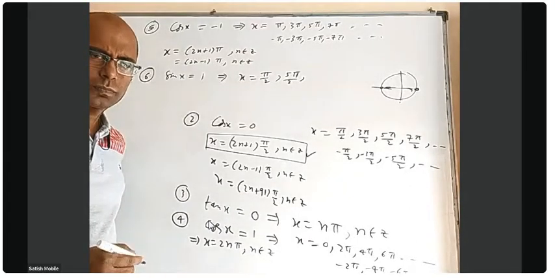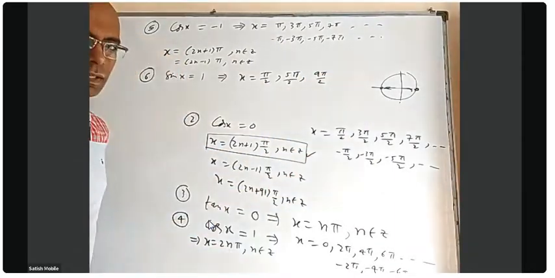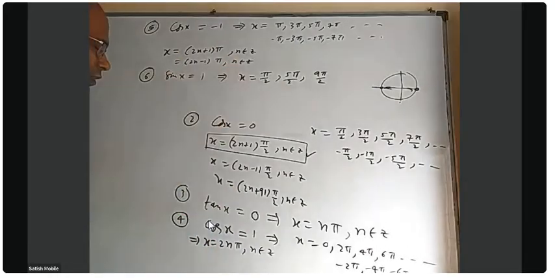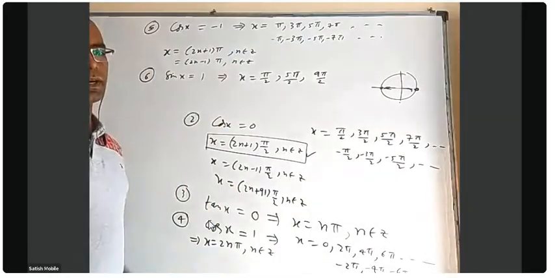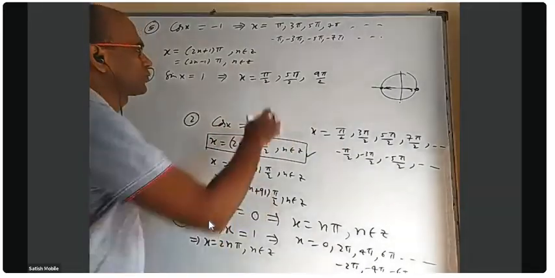9 pi by 2. Add another 2 pi, it will be 9 pi by 2. We have to keep on adding 2 pi. Anyway, after all, periodicity. If there is a solution, add 2 pi, that is also a solution. For any one of these equations, tan period is pi, so we have to keep on adding pi. Cos period is 2 pi, but in general, it's okay.